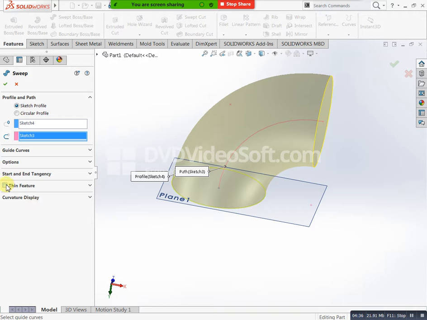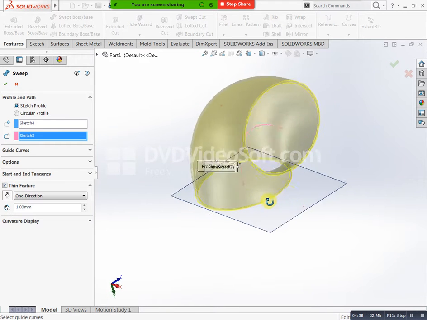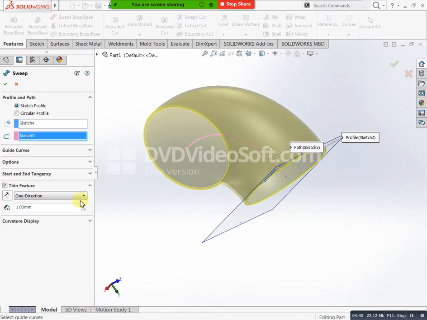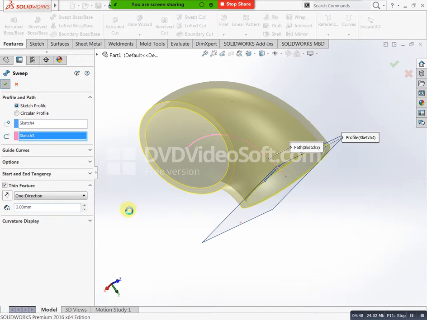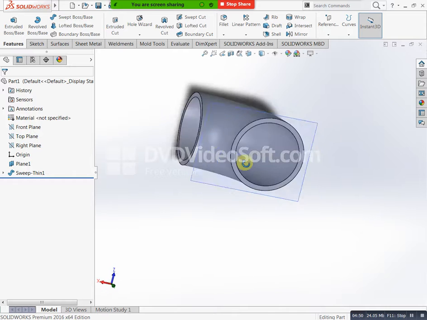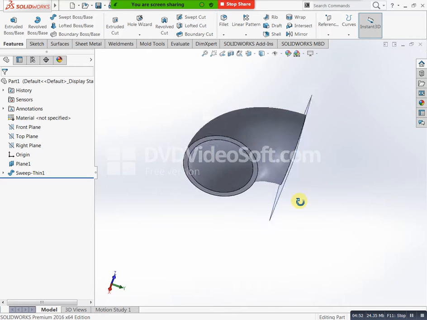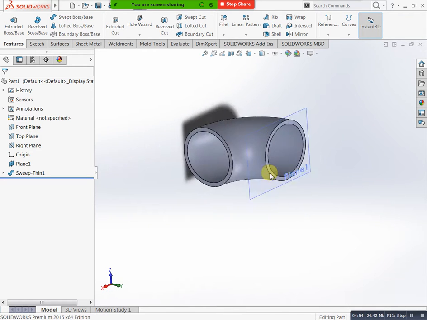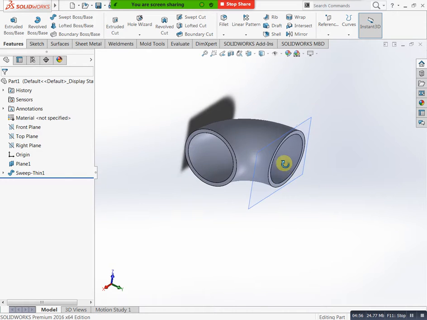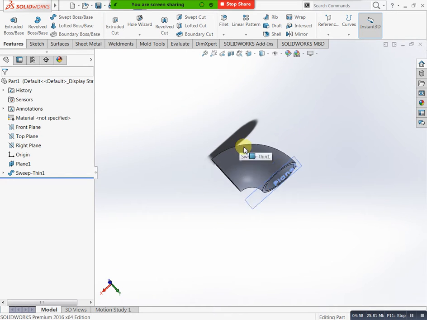For example, I need 3 mm thickness. See, this is our pipe thickness. This type of conditions you can use with the sweep profile. Okay, clear this one?